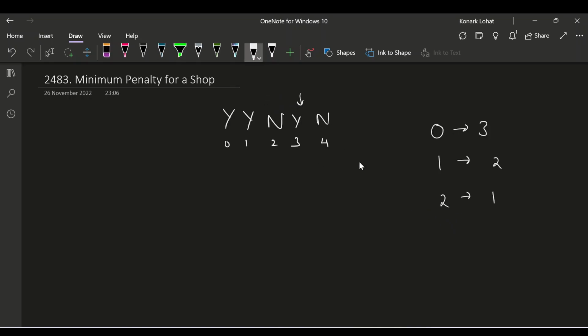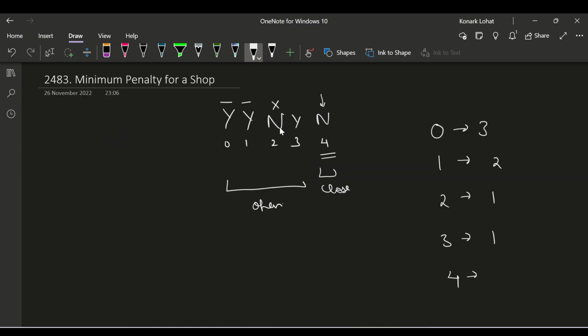And if I close the shop at third hour, it will again result in a penalty for the current customers. And if I close the shop at fourth hour, now at this point, this is interesting, this will also cause a penalty. Why? Because if I close the shop at this hour, now the shop is closed, right? Which means from 0 to 3 it was open. The shop was open from 0 to 3, and if it was open, then customers were coming fine, but at this point it causes a penalty because none of the customers were coming,